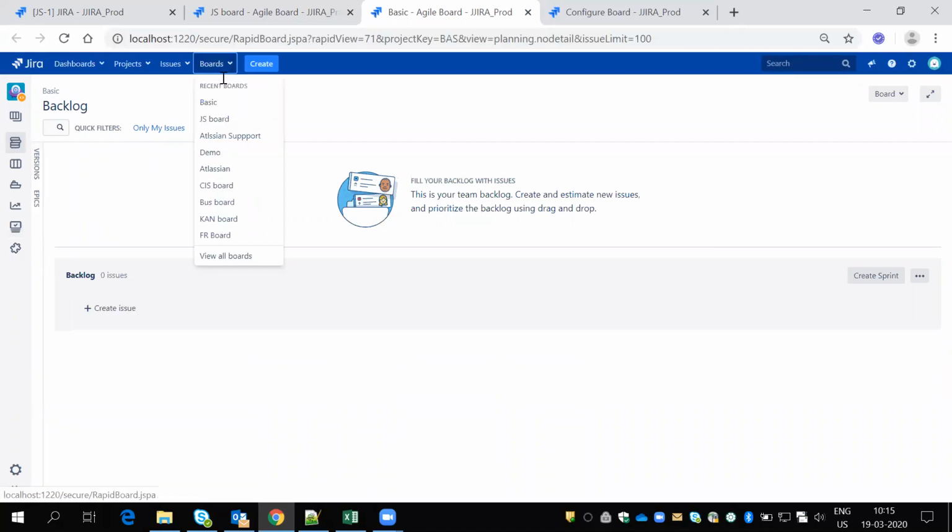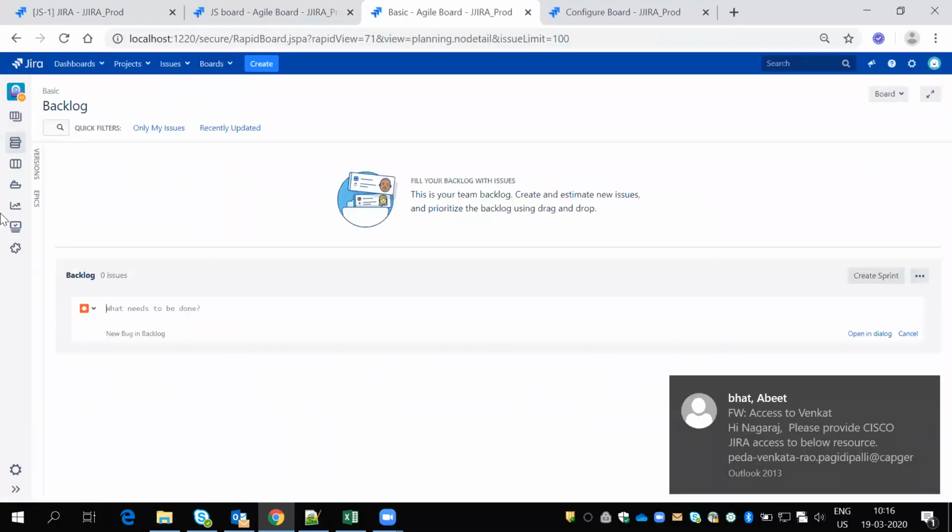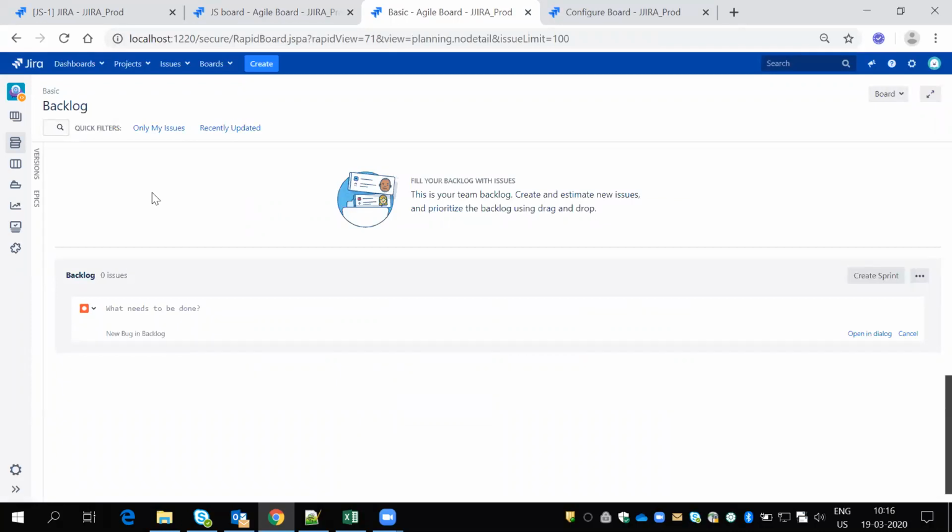If I open the basic board, the same page opens. If I click on projects, the same page. If I click on board, this is the basic board, and the same page opens, because when you migrated the basic project to Scrum, that board and project were merged and give only one view.